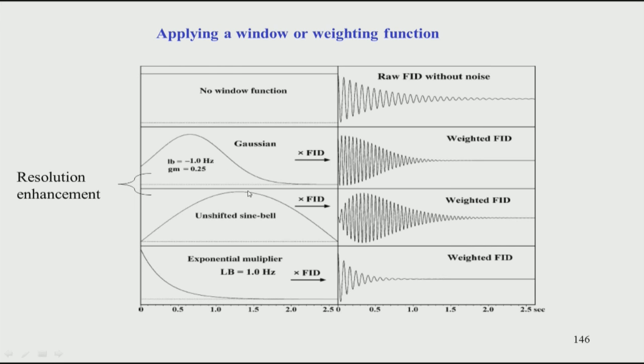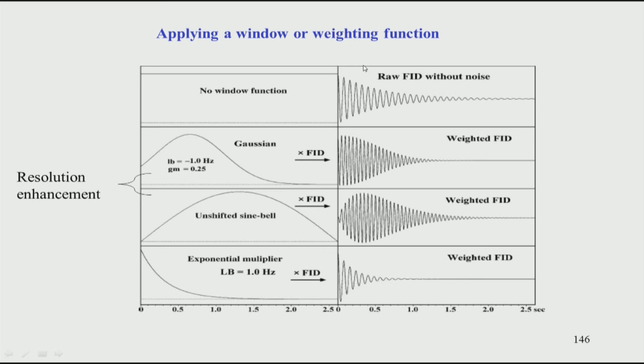There are different ways to apodize the signal. You can take only the first part of the signal, or you can multiply with different functions, these are called window functions, and based on that we can do the processing. One important thing to note here is the resolution, which is a very important point in NMR. There is a theory of NMR which we will not go into in detail, but it comes from the Fourier transform, that the signal is basically present in the beginning. If you look at the FID here, the signal is present in the beginning. As the time proceeds, the signal goes down to 0.